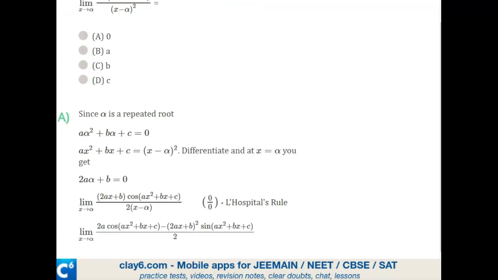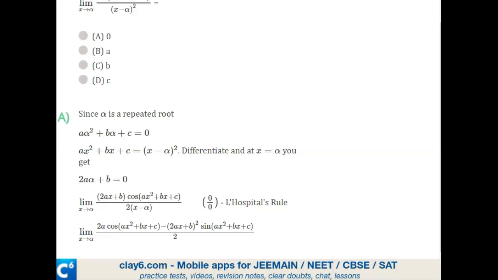2a cos of something minus (2ax plus b) squared, because you're going to get 2ax plus b from differentiating ax squared plus bx plus c. And then there's another one already outside. And then differentiation of cos is minus sine. So hence you get that. Now you can do these steps in a CBSE examination situation or in a longer-form exam. You can do this extra step and you will be rewarded for that. But in a multiple choice question in exams like JEE Main, what you have to watch out for is